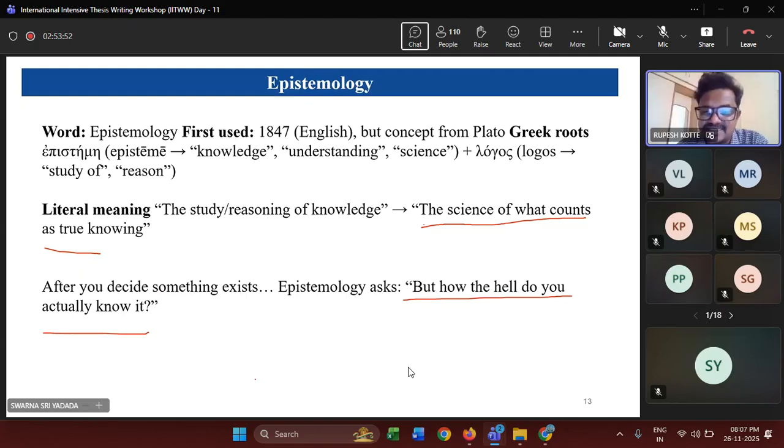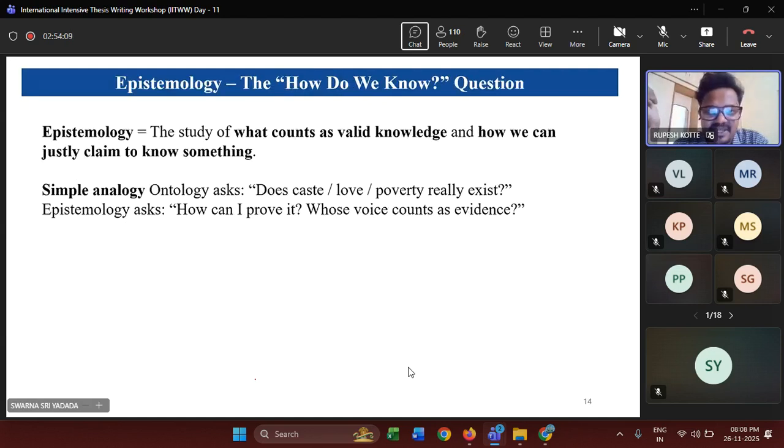We'll move on to the next slide. This is more about the etymology. Where is this word coming from? Episteme means knowledge, understanding, and it is science. And logos, we all know, is the study of, so episteme is the study of reason. So the study of what counts as valid knowledge and how we can justly claim to know something is